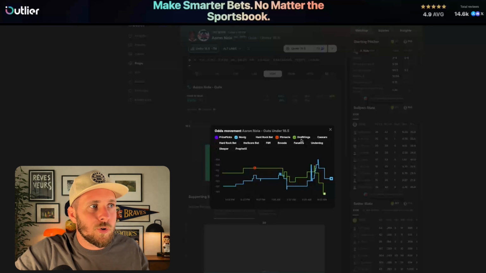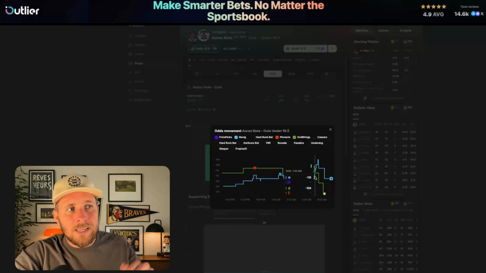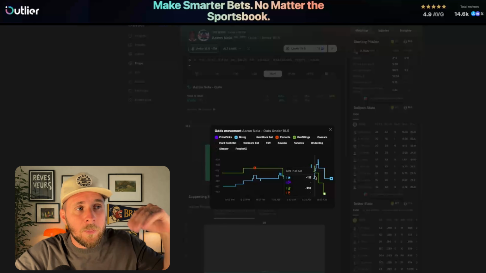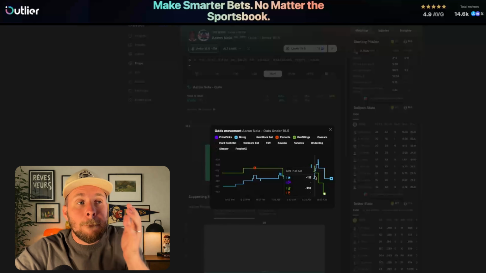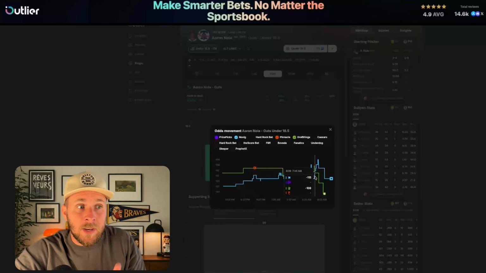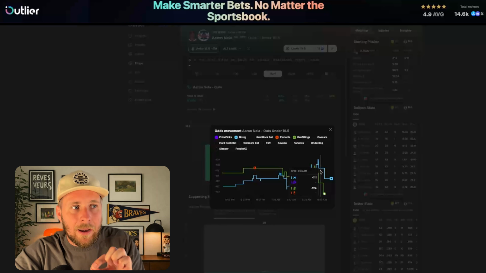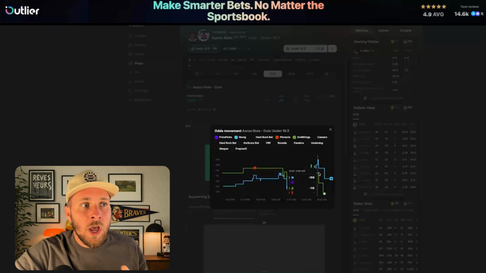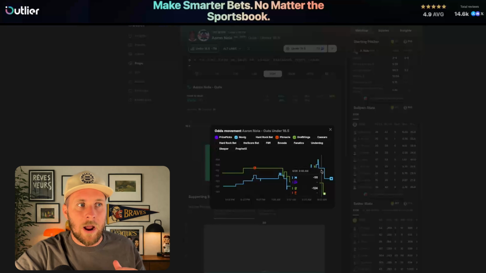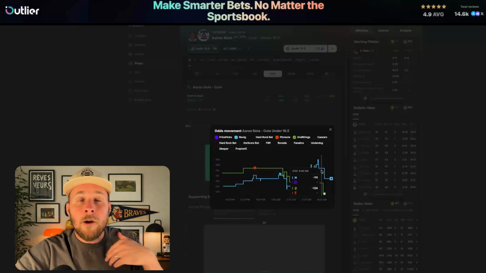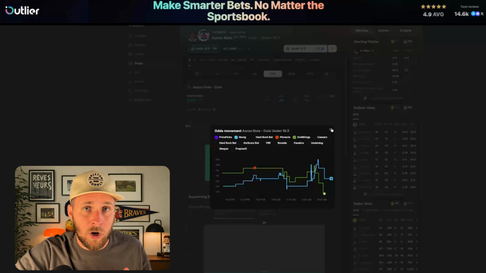I don't see FanDuel on this play, but what I want to see is whatever play I'm taking, I want this chart to be trending down, meaning that the book is feeling more confident, whether that be the over or the under. This odd is getting more negative, right? So that's exactly what I want to see. Novig is trending down, and so is DraftKings. These are really good signs for me to be seeing in this line movement chart,